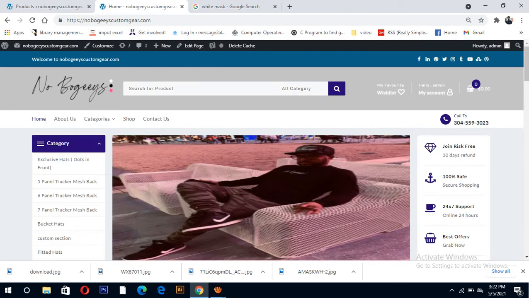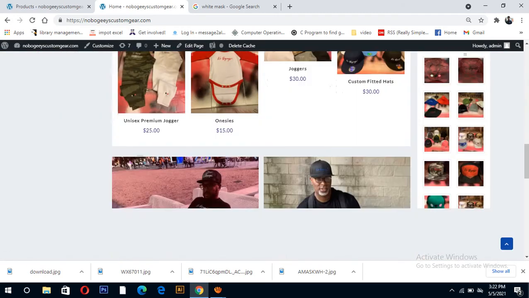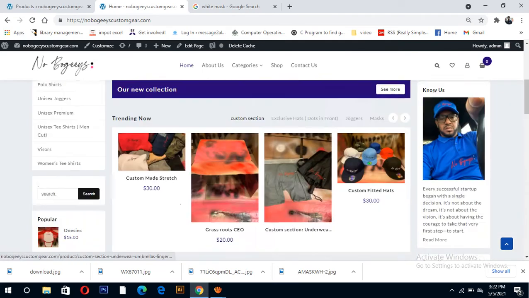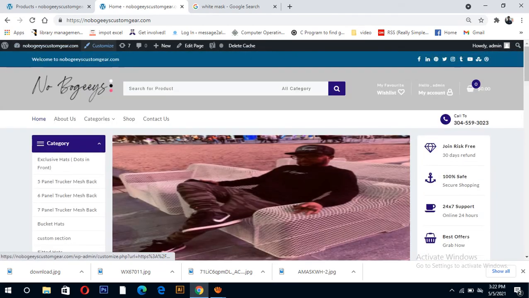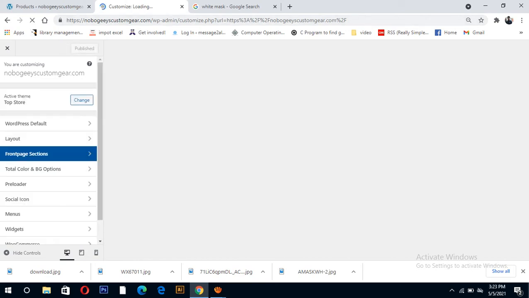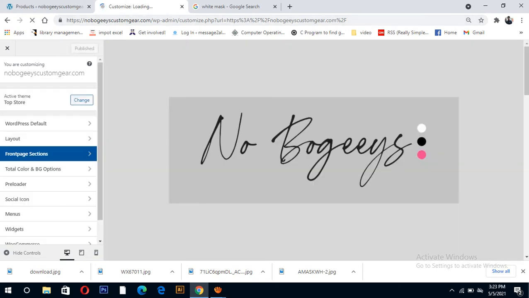So now I can show you how you can change any picture or any information here. Just click here, custom, and after you get this page, click, and when you log in you get this option.